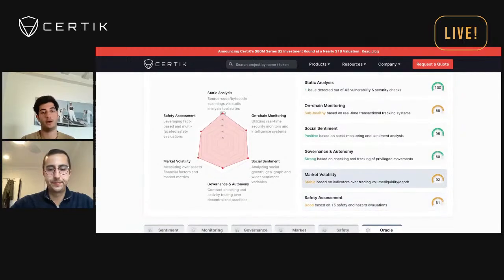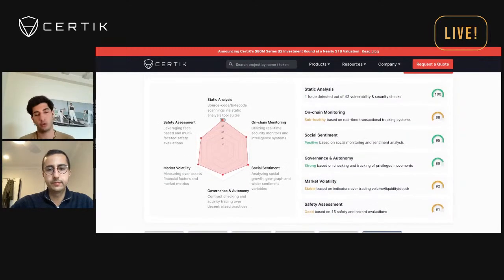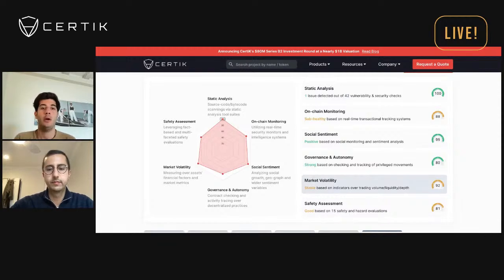Awesome. So, yeah, that overview is fantastic. And I do want to mention one of the things there. We're going to dive into each of these further below. But that governance and autonomy, the privileged transactions, that's a really important tab for you guys to look into, as looking for privileged operations can be